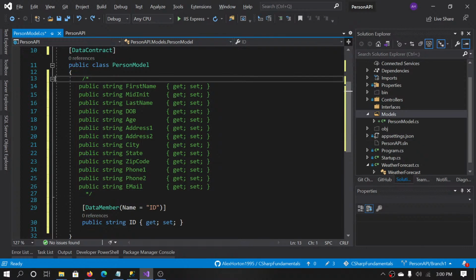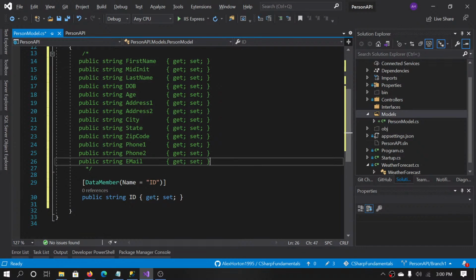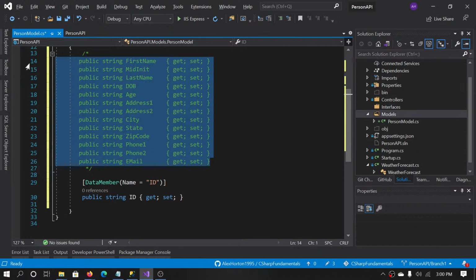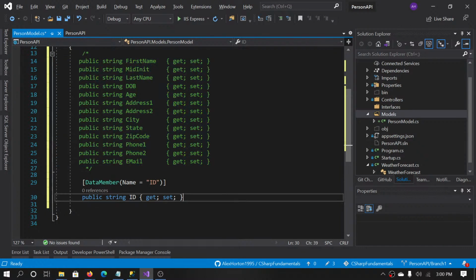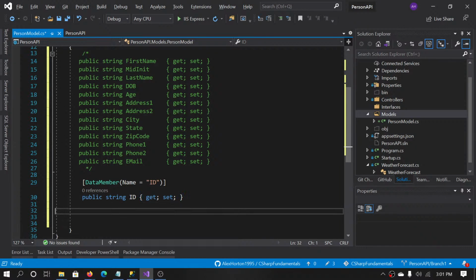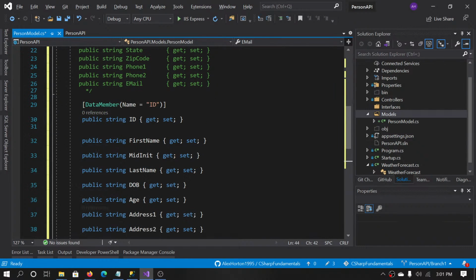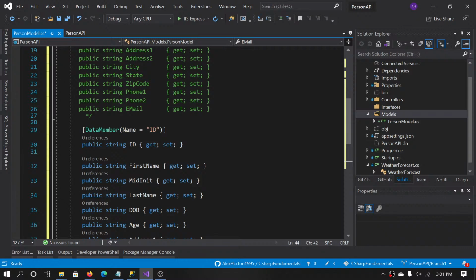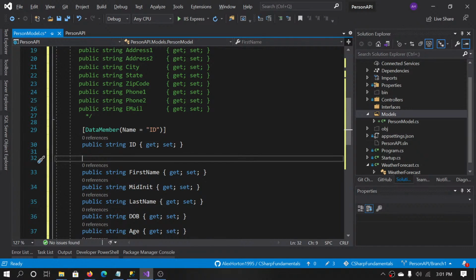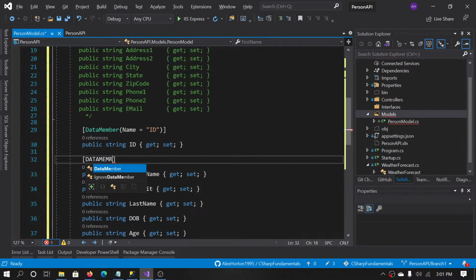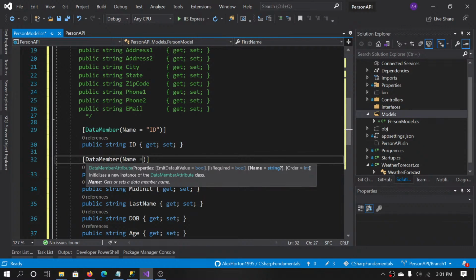Why am I doing this? I'll show you why. So one of the cool things about C# in Visual Studio is it will automatically format stuff for you. Boom, everything's already formatted and it recognizes these. Now all I have to do is go through and add the data member logic in there. Name equals